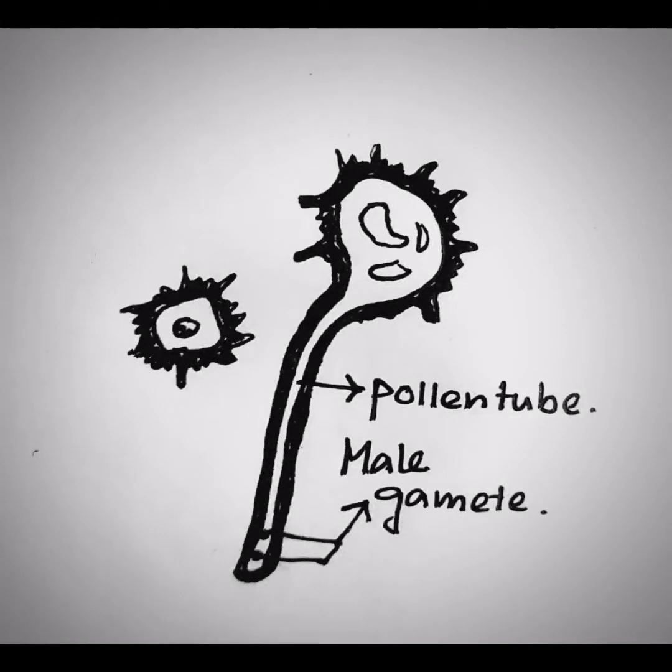The whole process takes place in the ovule, but the first thing that happens is pollen germination. During germination, the pollen grain develops a pollen tube, but it is to be noted that the pollen tube is monosiphonous. That means the pollen grain usually develops one pollen tube, but in some cases the pollen grain develops more